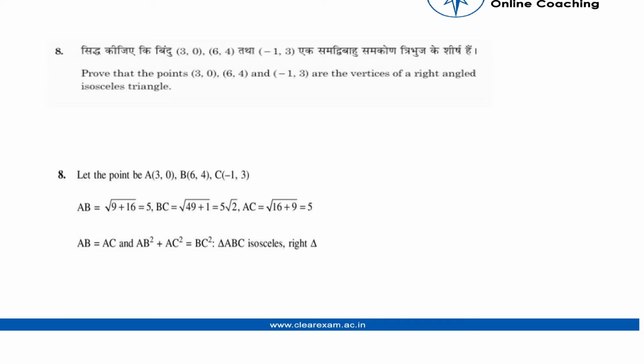Hey guys, in this question we need to prove that the points which are given to us, that is (3, 0), (6, 4) and (-1, 3), are vertices of a right angled isosceles triangle. That is, the triangle which has a right angle and has equal height and base. So the points are, let's see, this is the triangle